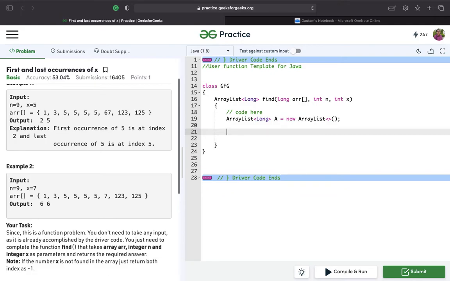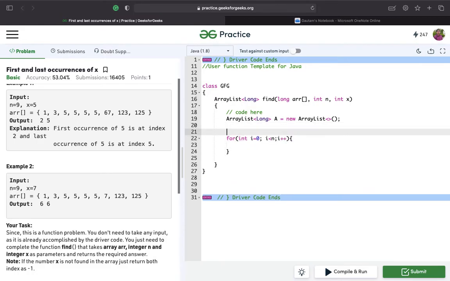So to find the first occurrence, we'll start the loop I equal to 0, I less than n, I plus plus. So instead of making two variables, we'll simply add in the array list by specifying the position.